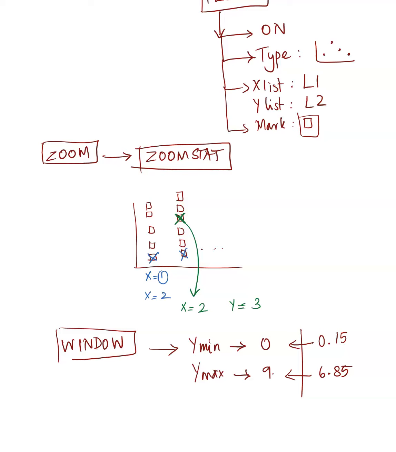So I'm going to go with 9. And once you have that, you go to your graph, and you see that you have a better view. Meaning there is more room on the top, so you know that you're not missing any data values. If there were any data values, they would all be lined up because of the equal spacing between them. Then go to trace, of course,